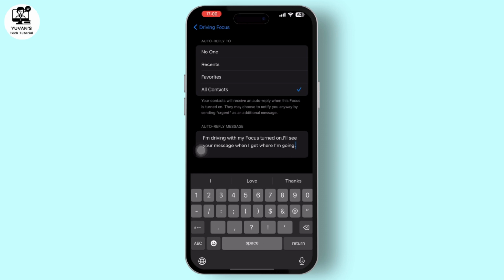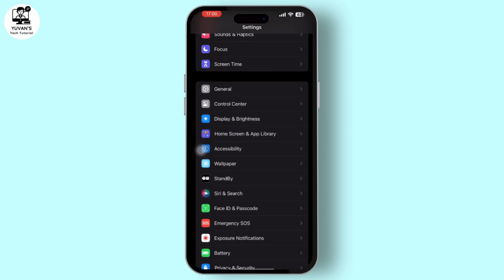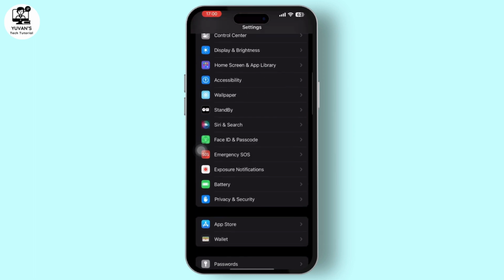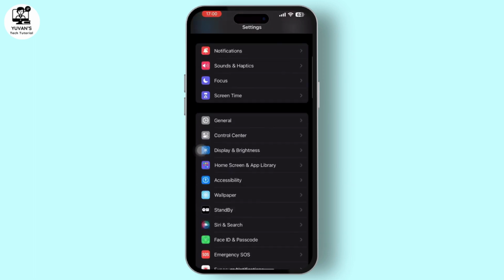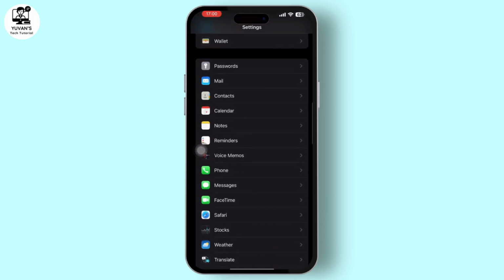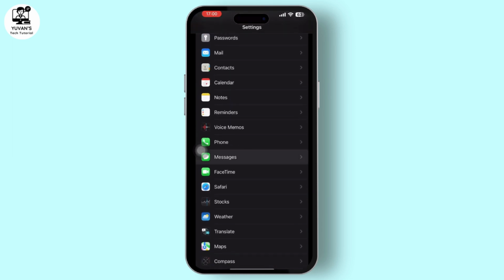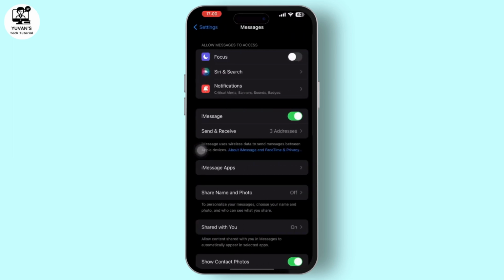Now when you go back to the settings app, look for the messages option and tap on it. Then inside messages, make sure that the focus is turned on,